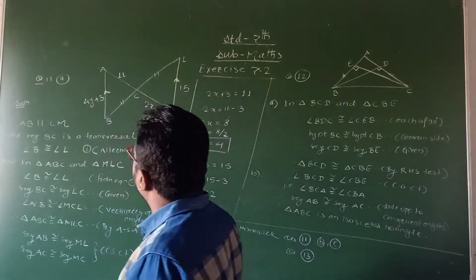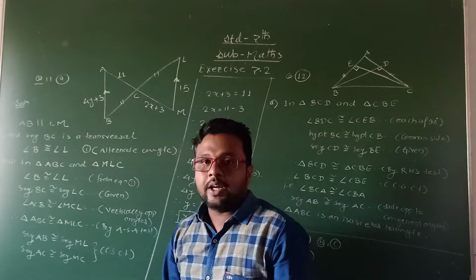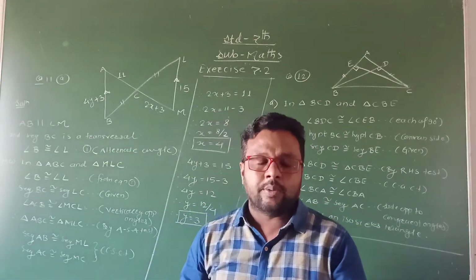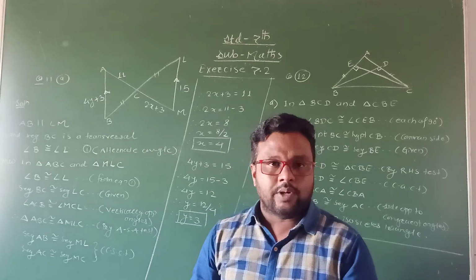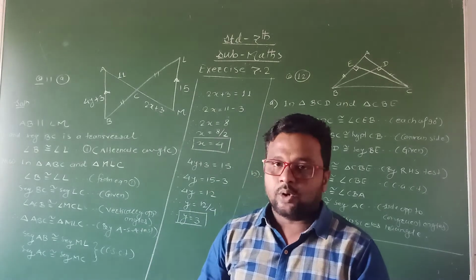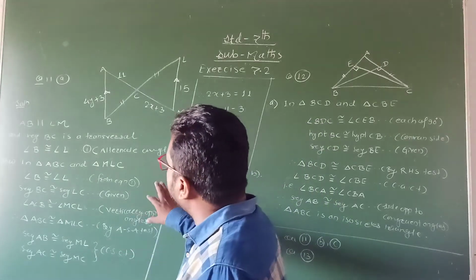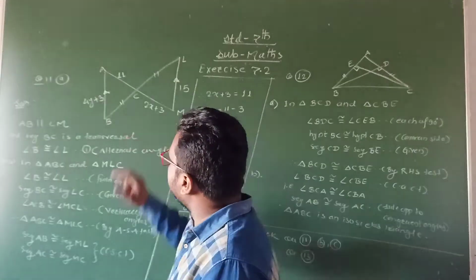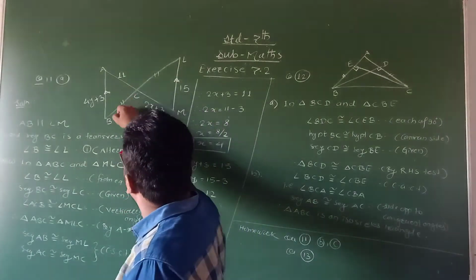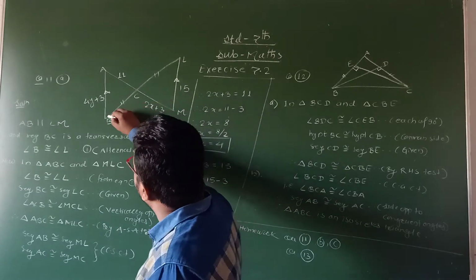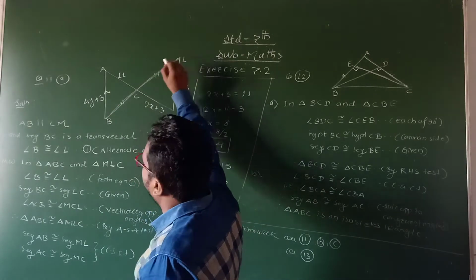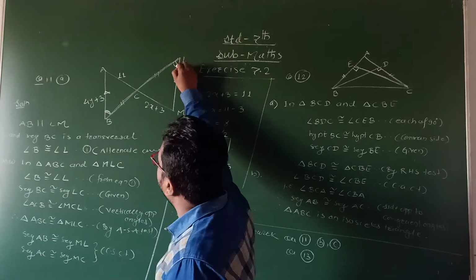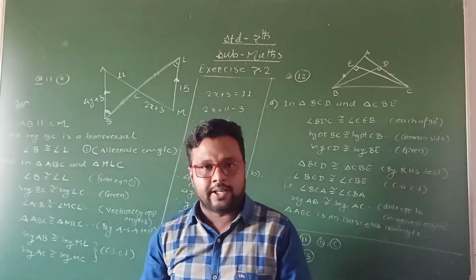From that you have to find the value of variables x and y, and we know that to find the value of a variable, first we have to put the equation by finding the condition. Now to find the condition, here we have to prove these two triangles are congruent. Now see what is given here. AB is parallel to LM, and if I take BC as the transversal, then these two angles are equal. These are the alternate angles formed by the parallel lines.